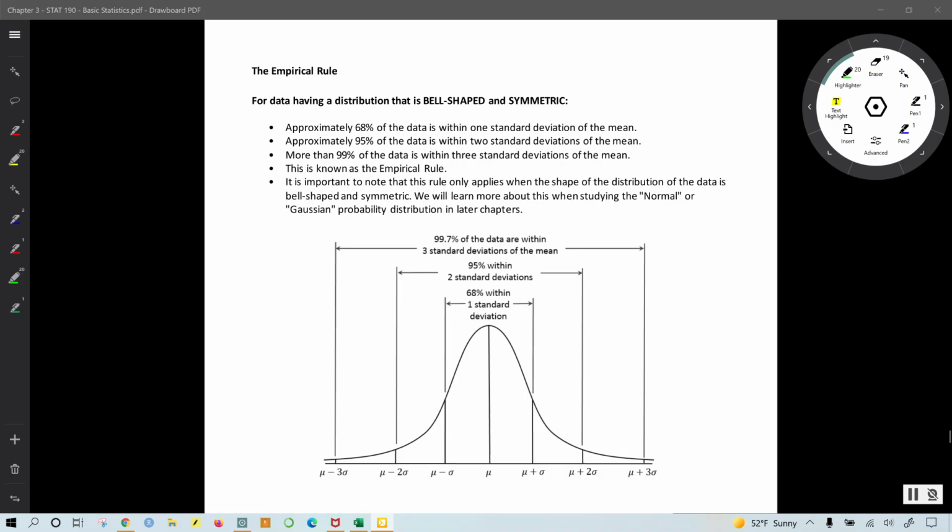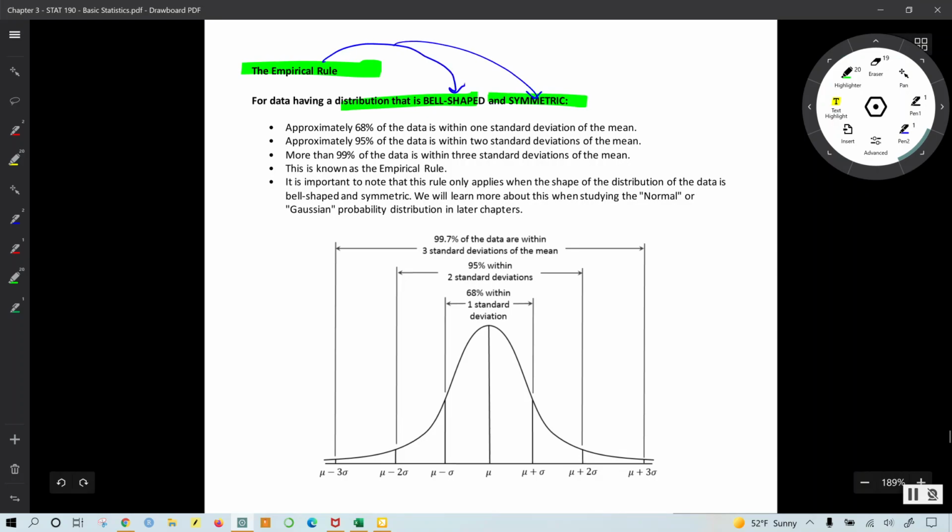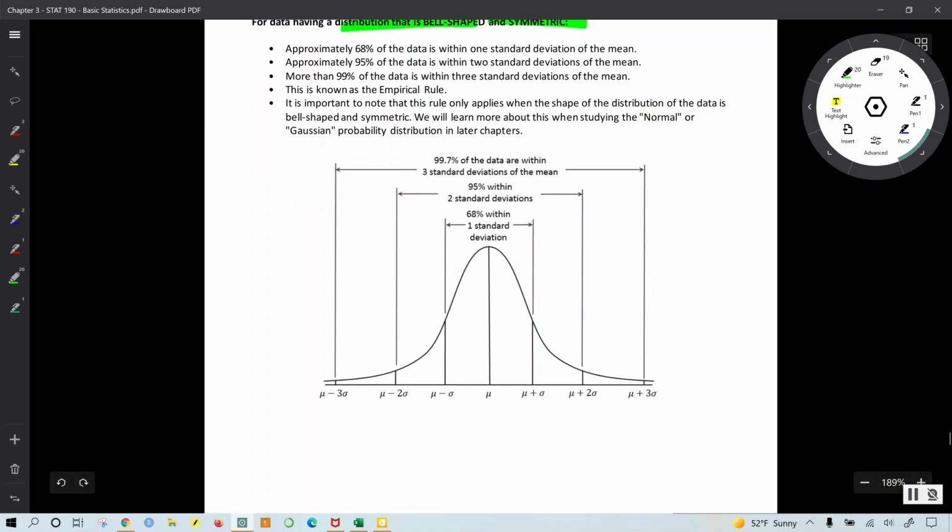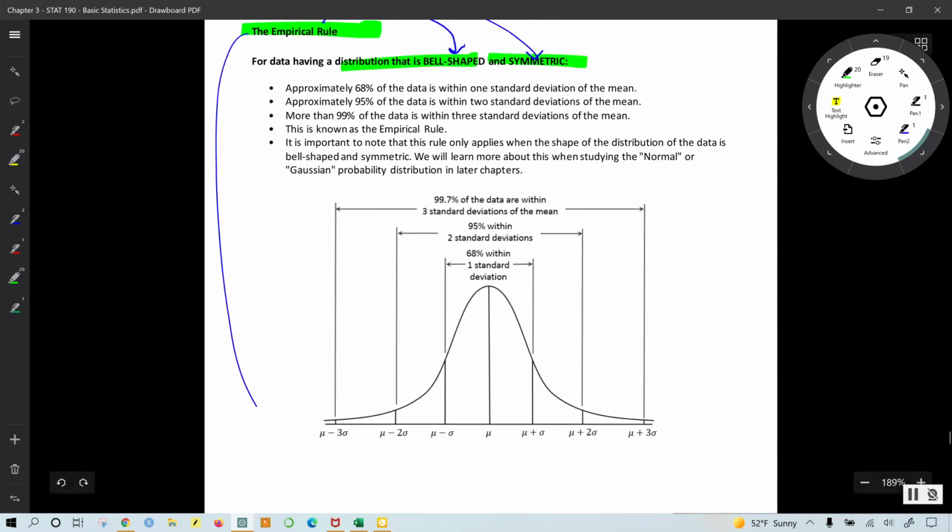Sometimes, when we don't have technology at our disposal, we use a very important rule in statistics called the empirical rule to describe a distribution that we observe might be bell-shaped and symmetric. Take note, the empirical rule only applies to the symmetric or the bell-shaped distribution. Now, to give a context around how to explain the empirical rule,